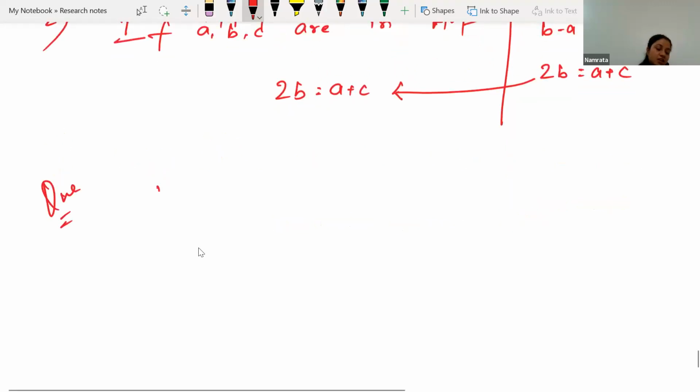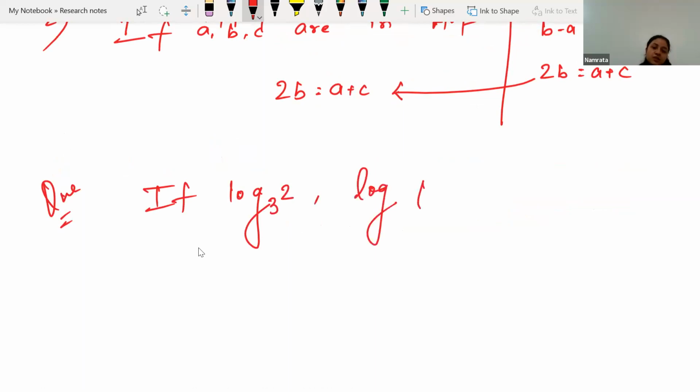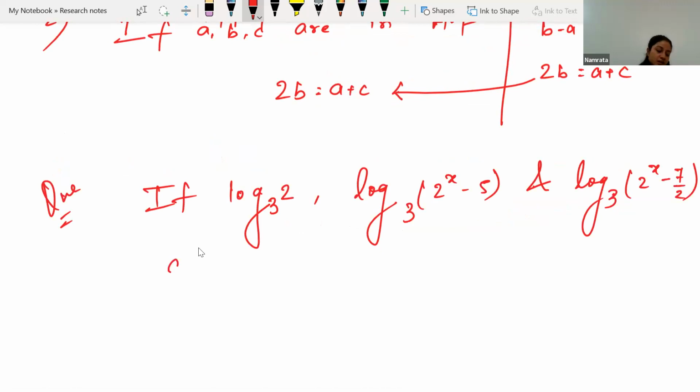The question says if log of 2 base 3, log of 2 to the power x minus 5 base 3 and log of 2 to the power x minus 7 by 2 base 3 are in AP, determine